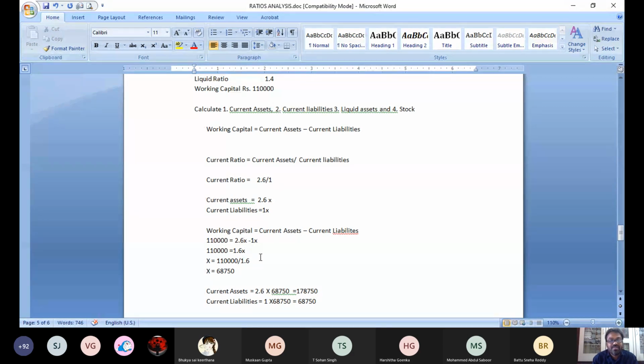Here the working capital is given. You remember working capital is equal to